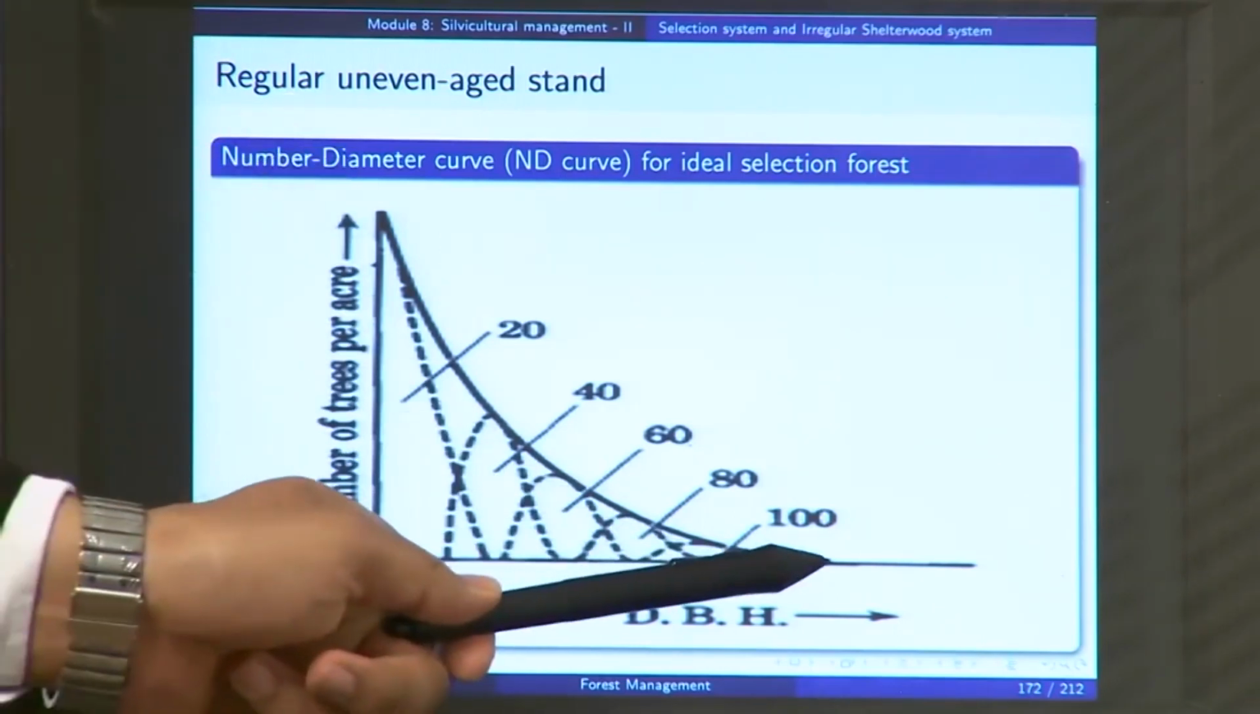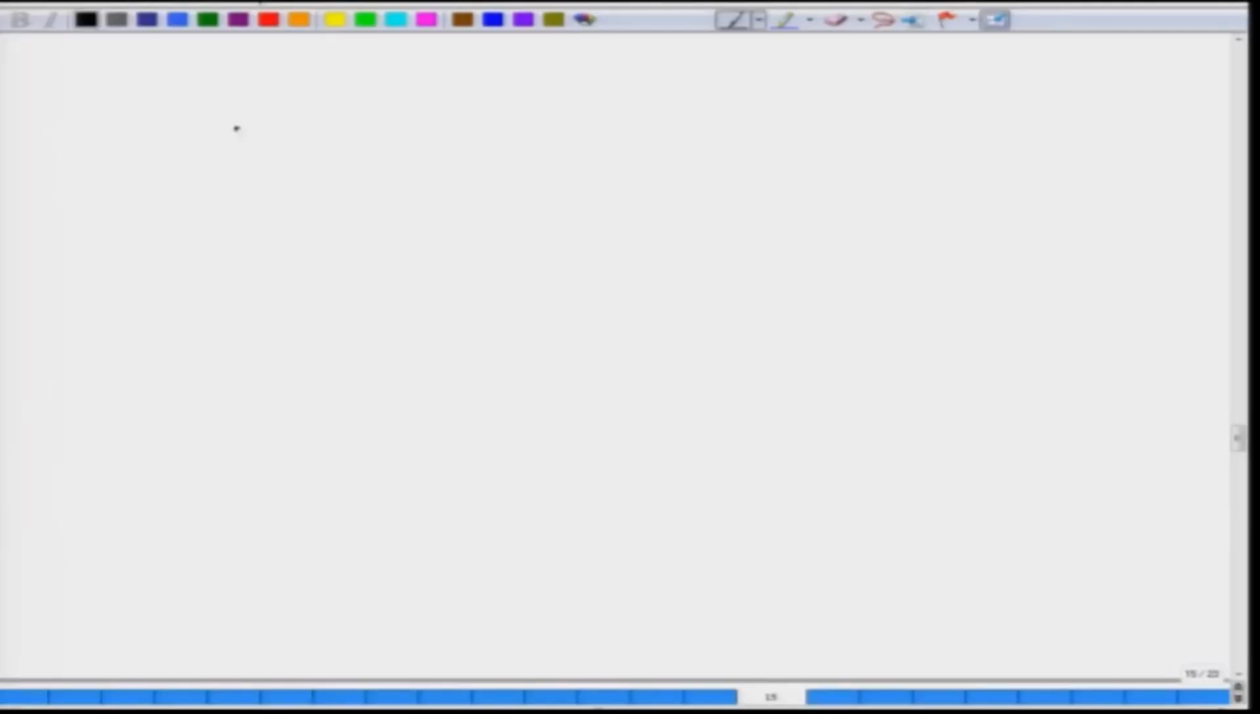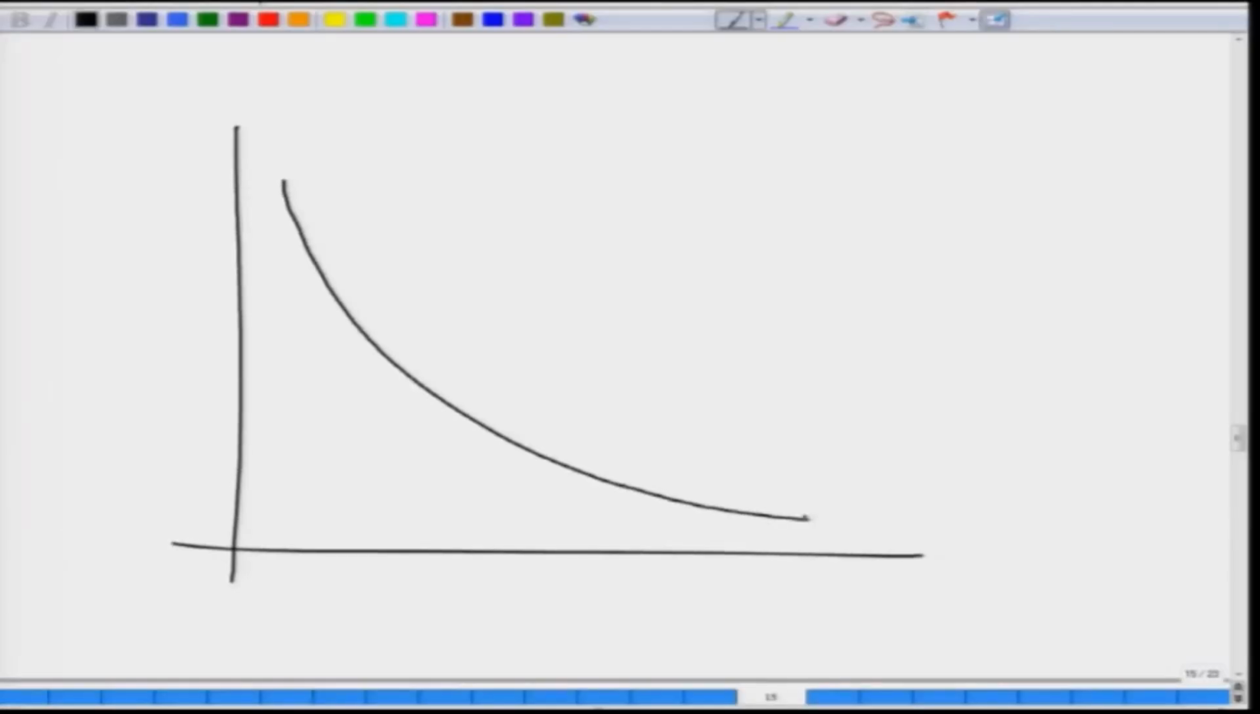So, it looks like an inverse J curve. In the case of a selection forest, if there was any deviation, we performed such harvesting operations that it went back to the regular uneven aged forest. What we said there was that this is our ideal curve, and suppose your curve started to look like this. In that case you would fell off these trees and bring it back to a regular uneven aged stand. But in the case of the irregular Shelterwood system,